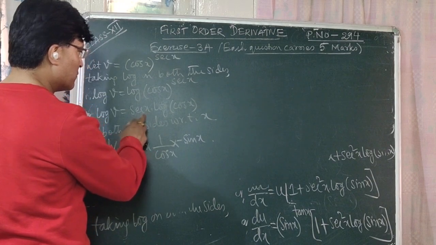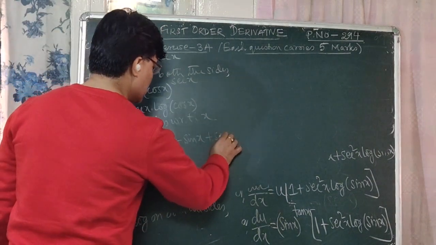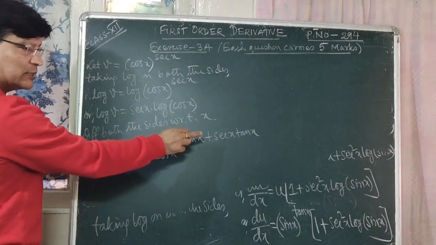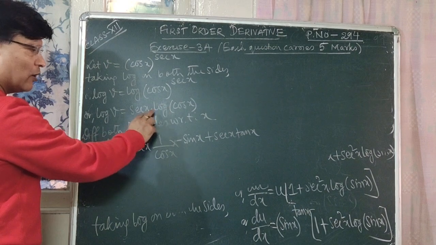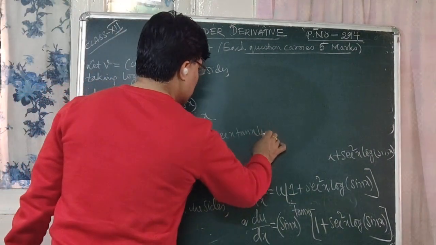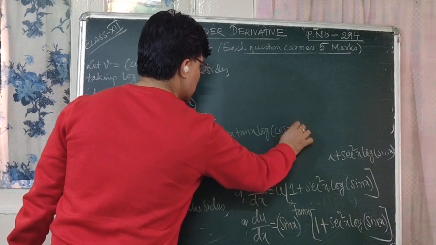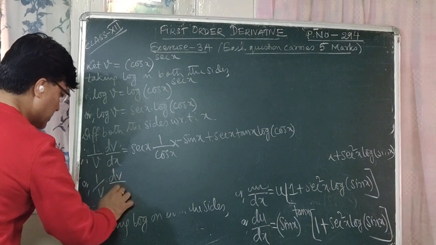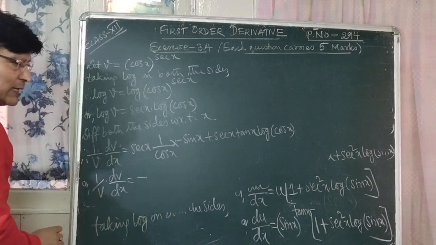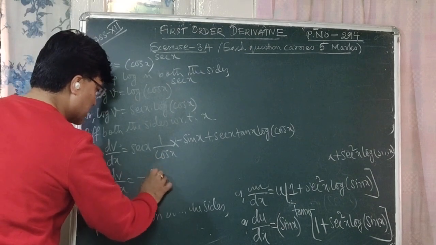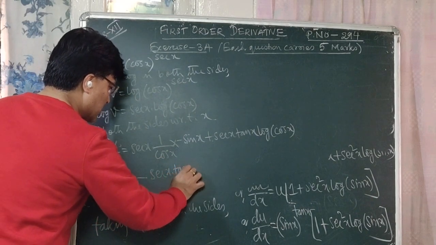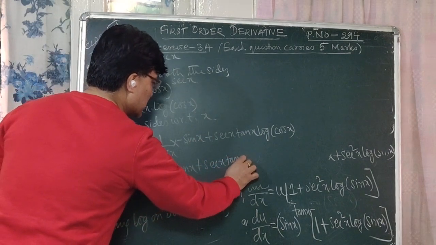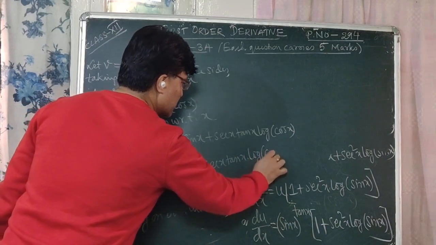So next one is, what is the differentiation of sec x now? Plus sec x tan x. Differentiation of sec x is sec x tan x, and you have to keep log of cos x as it is. That is log of cos x, right? So, 1 upon v into dv by dx is equal to minus sin is taken outside, sin x by cos x is tan x, that is sec x tan x. It is sec x tan x, right? Plus this is also sec x tan x into log of cos x,